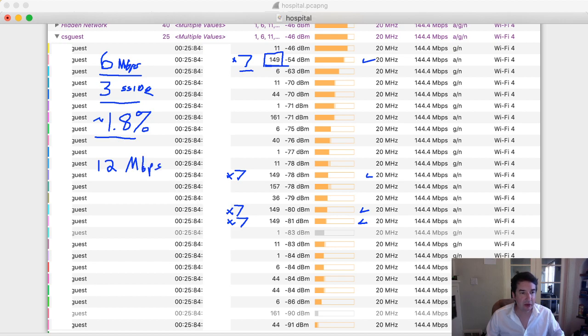And if you have 3 SSIDs, it's not going to be exactly half. It's going to be somewhere around 1%. About 1% of your channel time is taken up by the beacons. And the reason why it's not exactly half, even though the speed is doubled for the beacons, is that